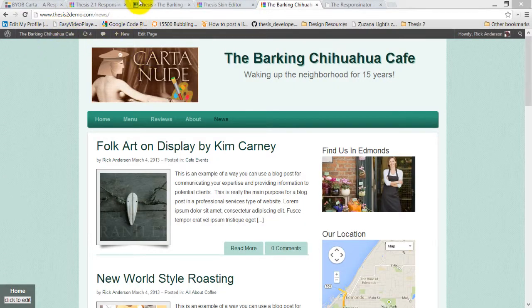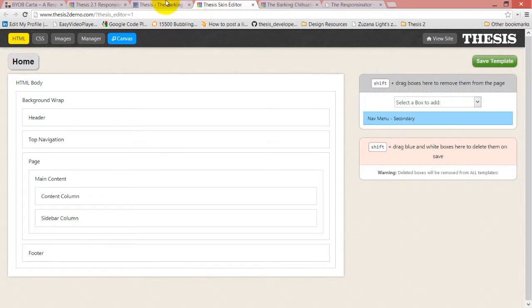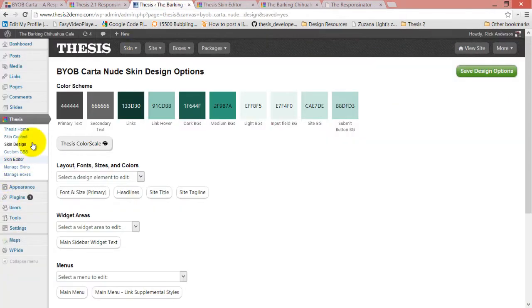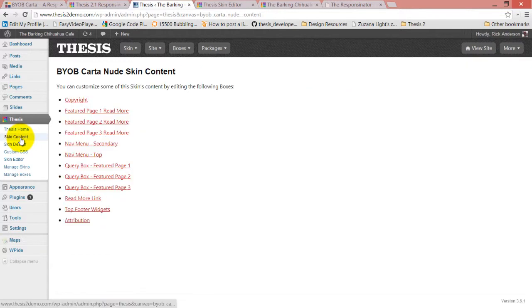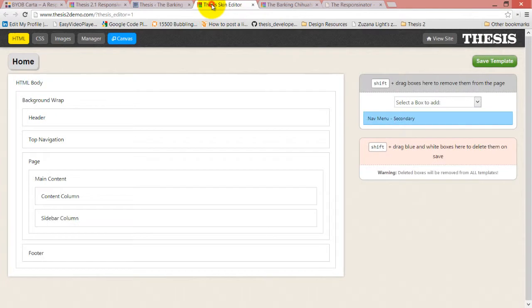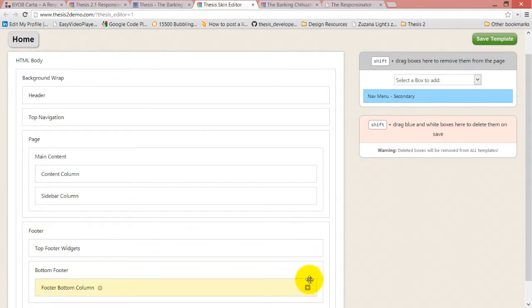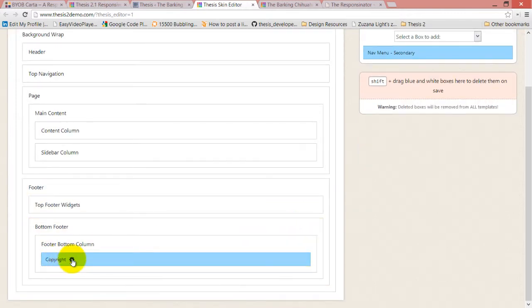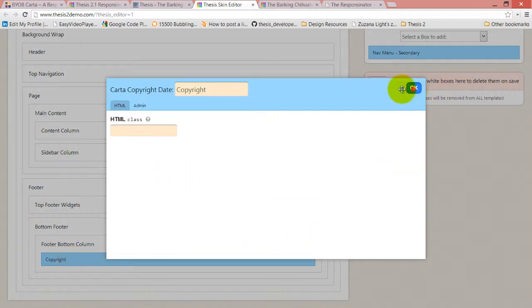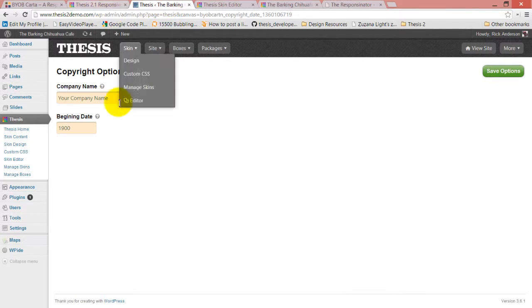Okay, so next up we're going to talk about the Carta Content Options. Come over here to Skin Content. The first content option we have is the copyright box. The copyright box is located in the bottom of every footer, down here in the copyright, and it gives you the opportunity to enter your company name,